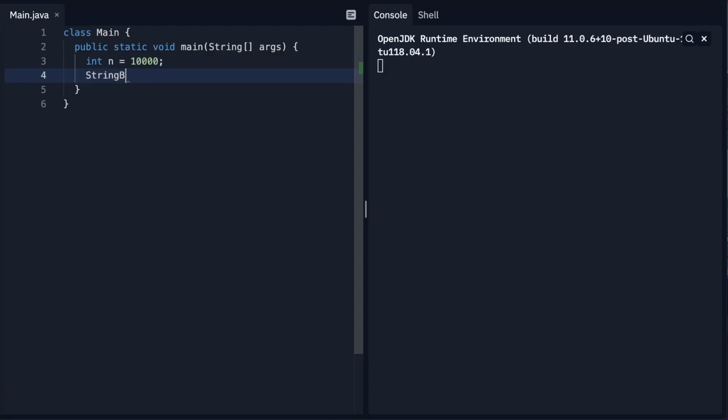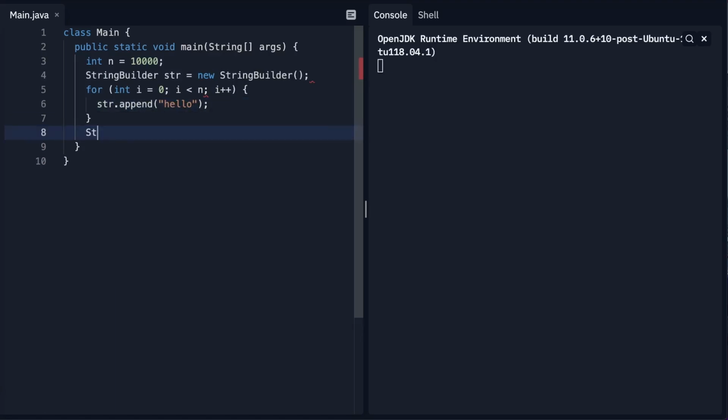I'm going to take a StringBuilder, and in this case, this is the data structure that helps me with my string, and I'm going to call it sb, and I'm going to say for int i = 0, i is less than n, sb.append hello. And I'm going to have a string s, which is sb.toString.